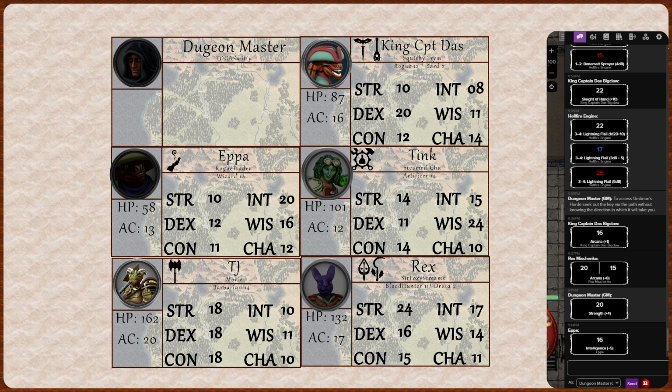Okay, Das would spin round on the spot, walk straight into a wall. I expect the Eppa does something similar. Both Eppas. And so does TJ, to be fair. All the draconic dudes and dudettes. Similar Eppa gets all the way down to the Eppa going, "Tunk." I thought I had it.